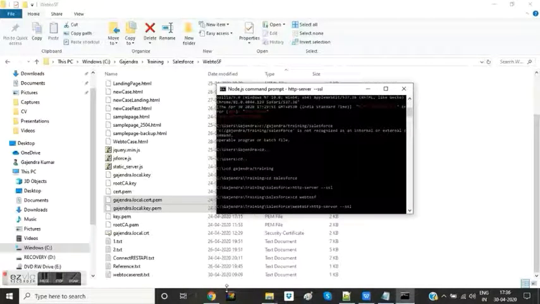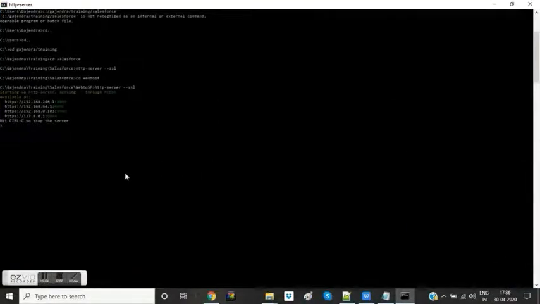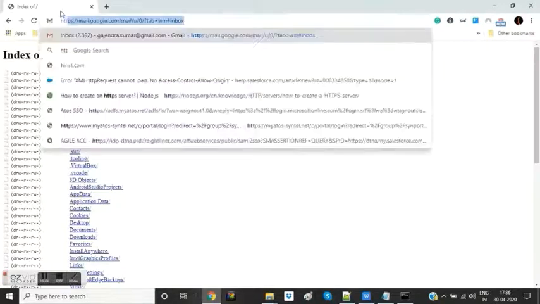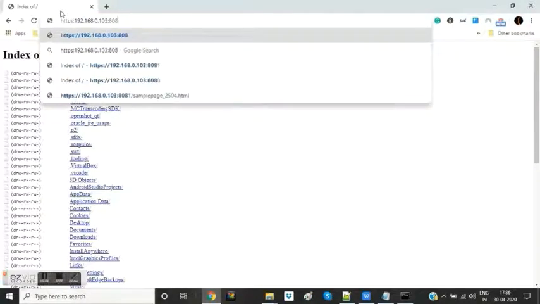Now, as you can see here, the server is up and it says starting up http-server, serving ./ through HTTPS, available on HTTPS, and the port is 8080. Now if I open the same IP on HTTPS, 192.168.0.103:8080, let's see what it shows me.